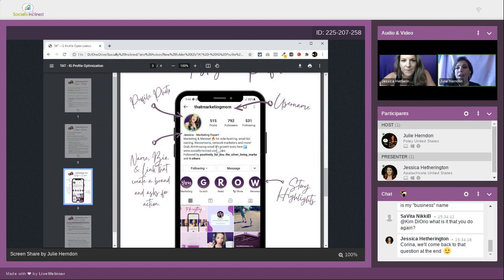So you have 150, and it's so strange to me that they're not going to show all 150 characters. Yeah, so they make you do the see more. So look specifically and see where that see more happens, and if you can get what's in it for them in front of that.